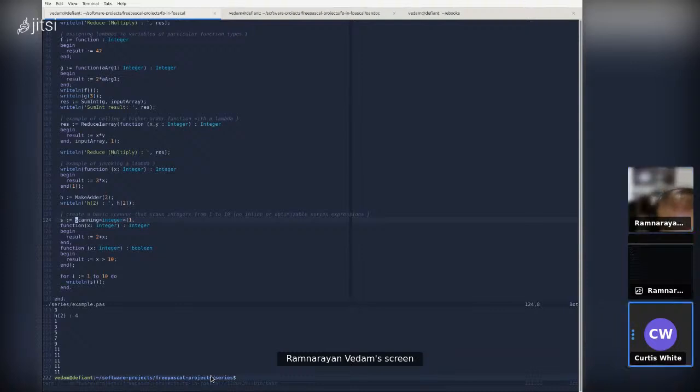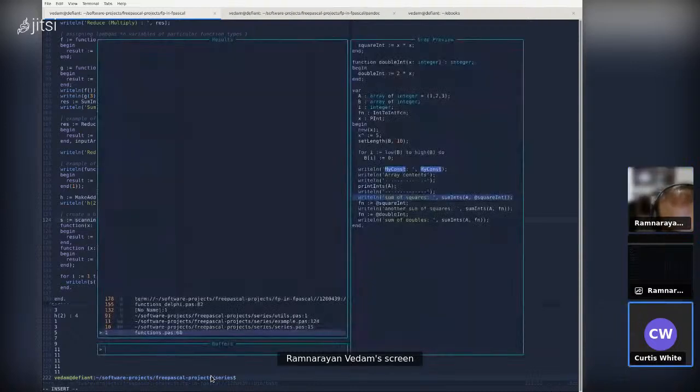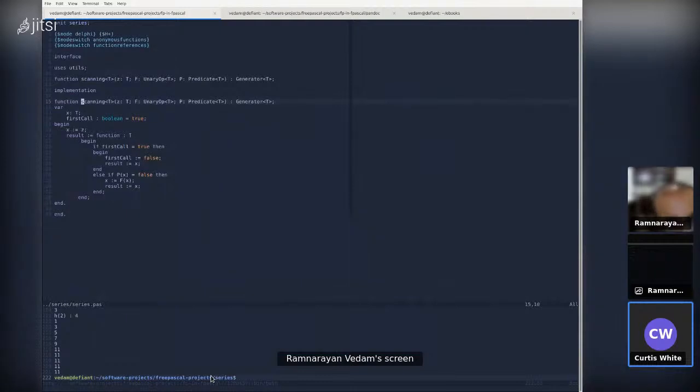So could you go back to the code where the unit is? Okay, so the fact that the function is defined in the interface matters, whether it's capitalized or not. Yeah. By putting it in the interface, it is explicitly saying I'm exporting this. Yes. Okay. Thank you. No problem.